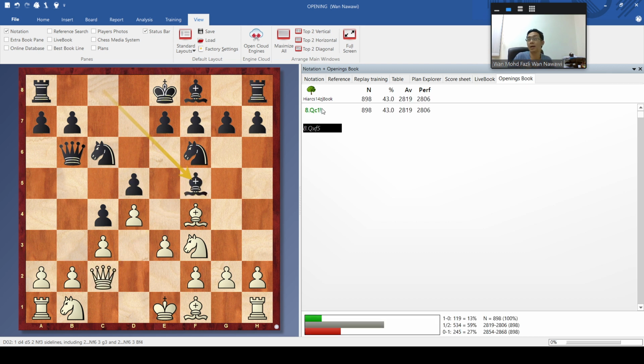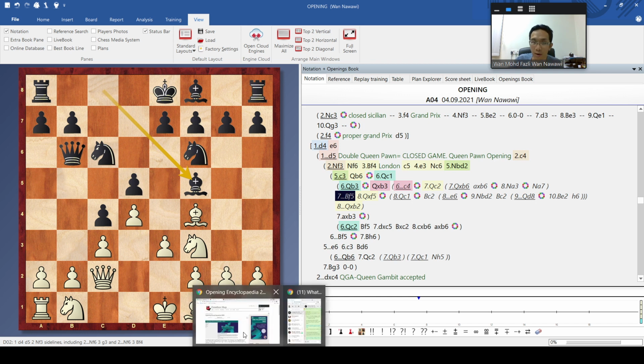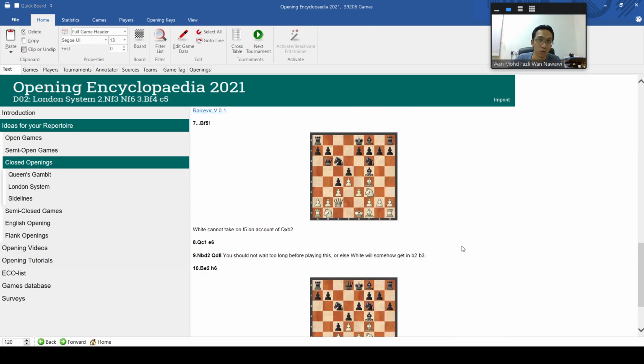But if you have somebody to tell you the reason behind that, it will speed up the way you learn. If not, you need to open the engine and see why you give this for free and so on. So that's one of the advantages of having annotation, I mean, not opening encyclopedia, but the annotation by somebody who is strong.